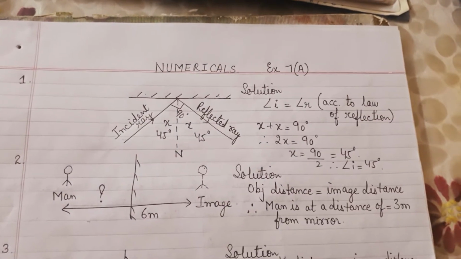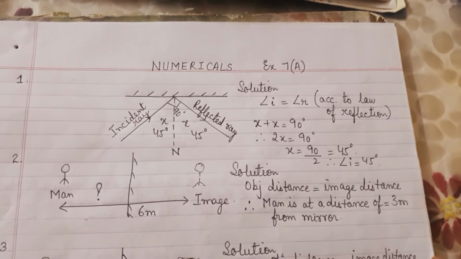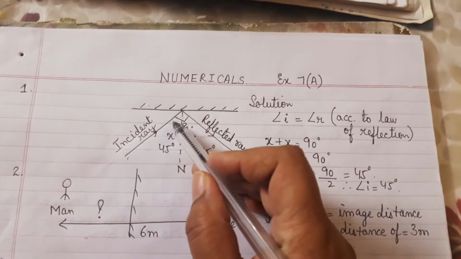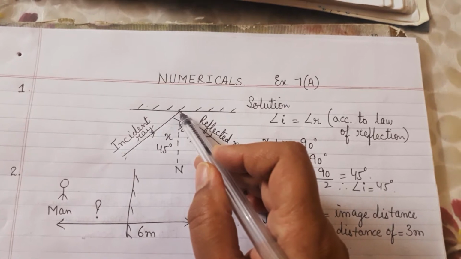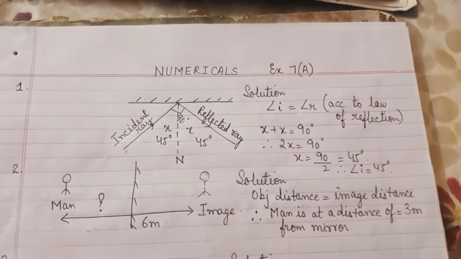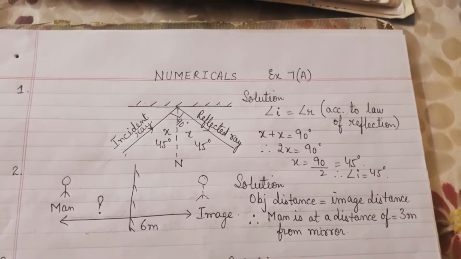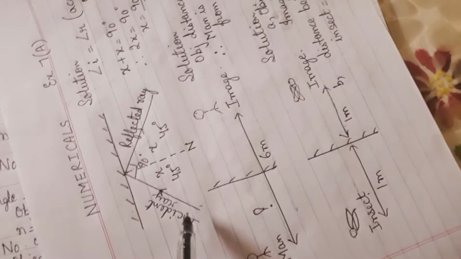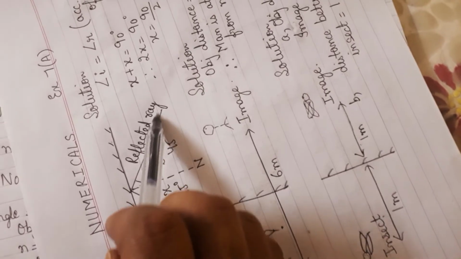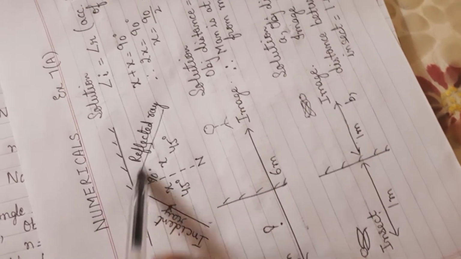It has been given that a ray of light is incident on a plane mirror. I have drawn this incident ray, and you can see that it is incident on the plane mirror at the point of incidence. It has been mentioned in the question that the reflected ray is perpendicular to the incident ray. If this is the incident ray falling on the plane mirror, I have drawn the reflected ray perpendicular. Perpendicular means at an angle of 90 degrees to the incident ray.